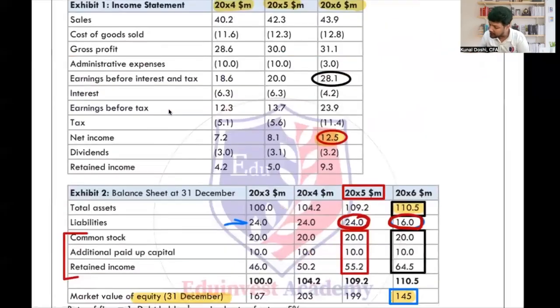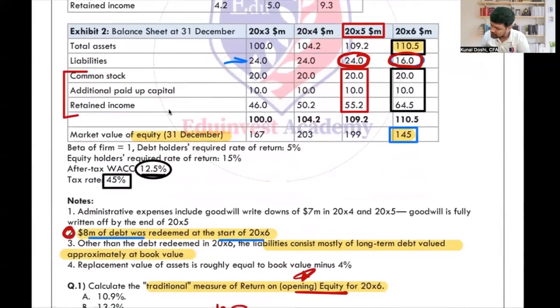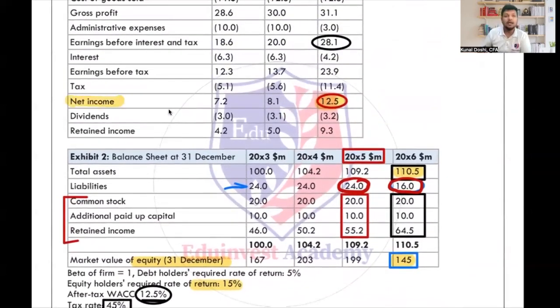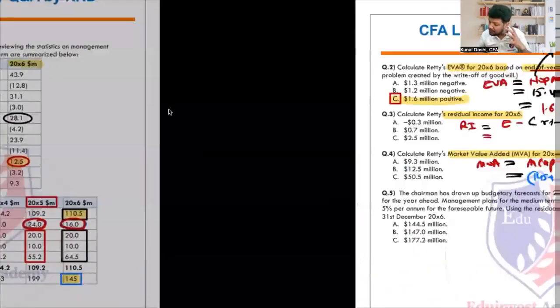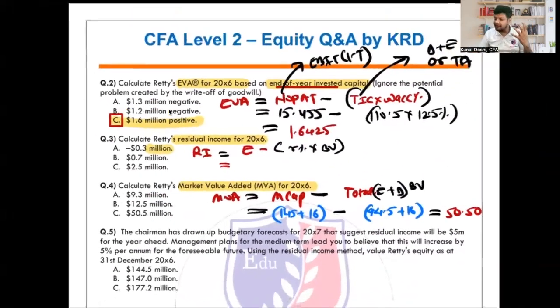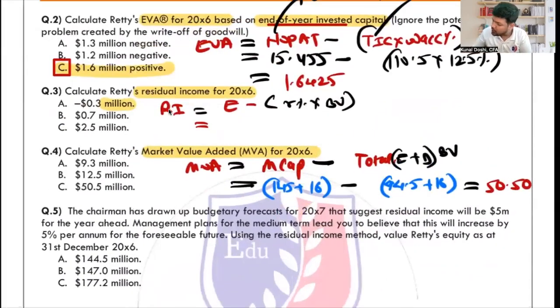We have the earnings. Do we have the earnings? The equity shareholders' return is provided to me, 15%. Correct? I need two things now. One is the earnings, right? For me, the earnings is net income. Now I need to see whether they've given me everything in per share or total. They've given me everything in total, right? So we can also take the full value. So here we can take 12.5 as the total earnings. So 12.5